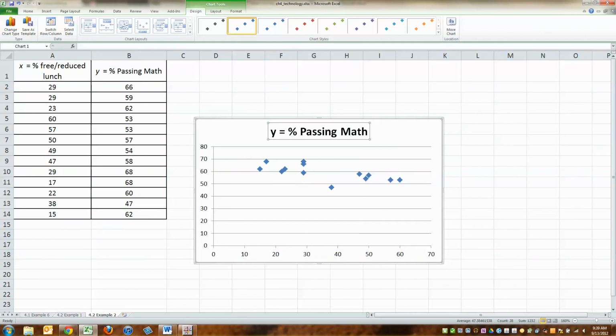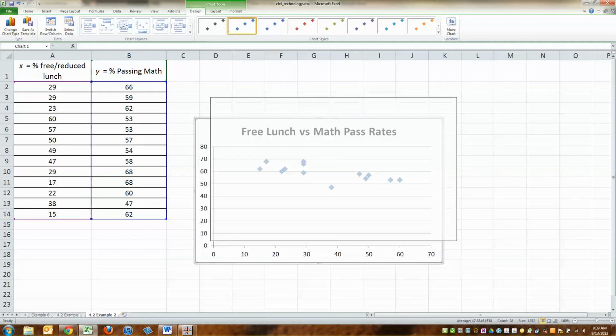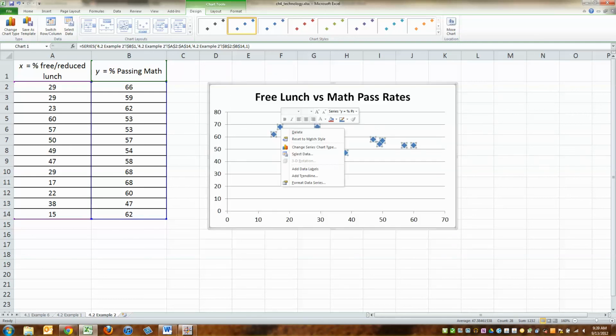And this is reading, or no, sorry, this is free lunch versus math scores, math pass rates. Okay, beautiful. Now when you do that, you can right click on the dots, choose to add a trend line